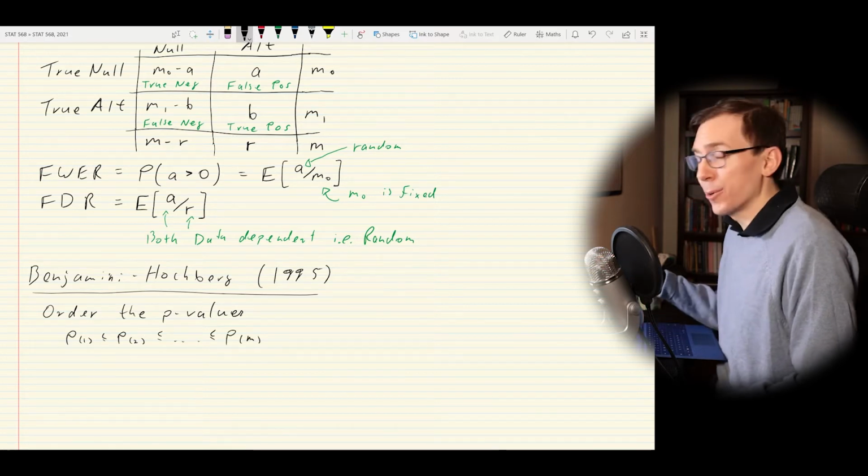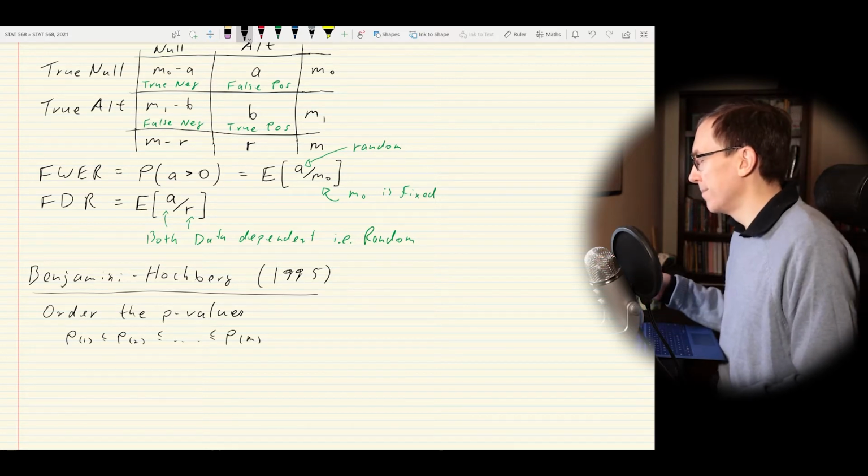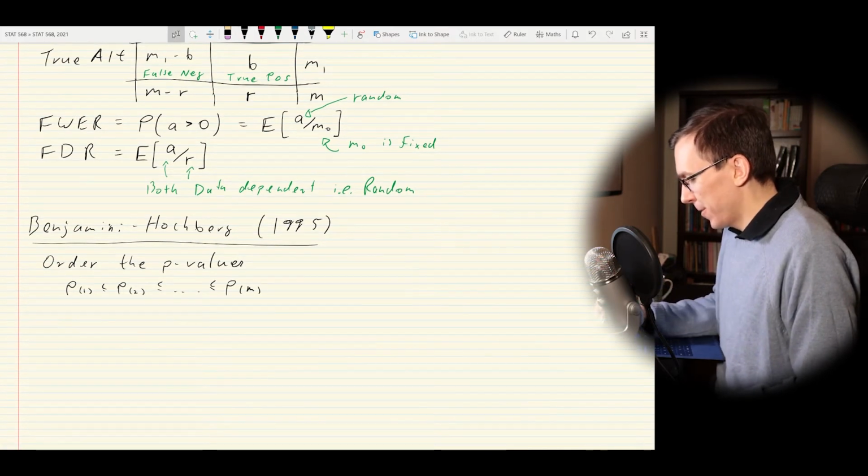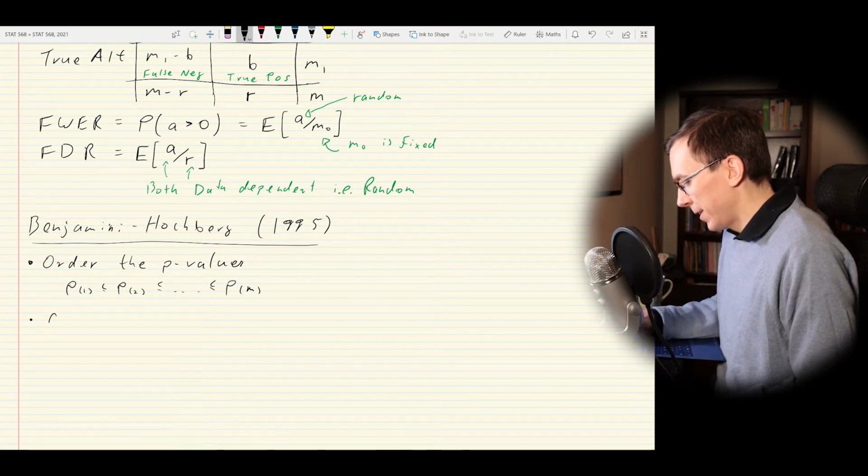So all I'm doing is reordering the p-values in increasing order. That's step one. Next is choose an FDR